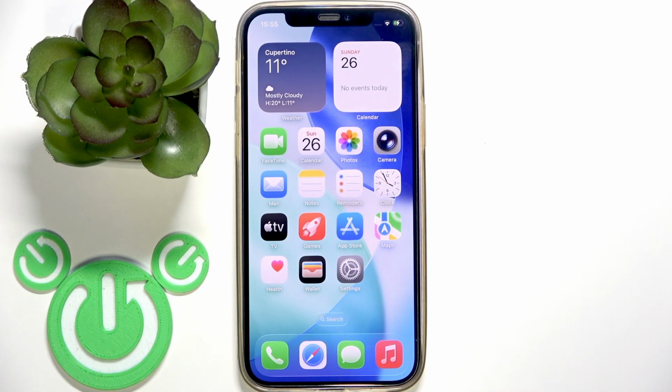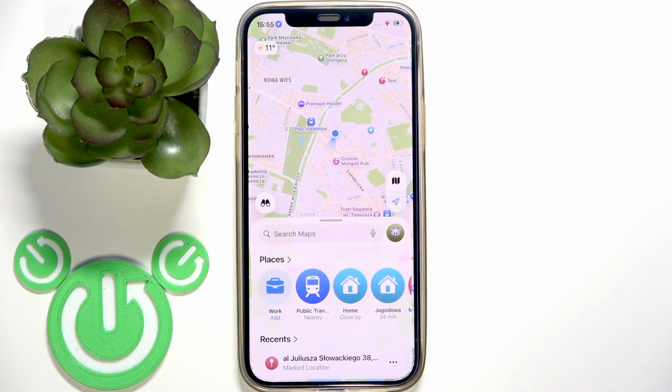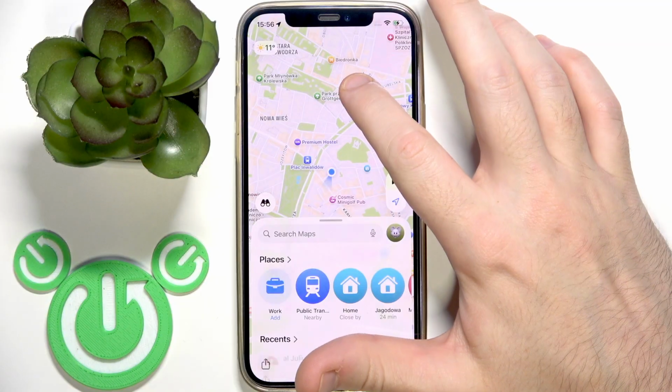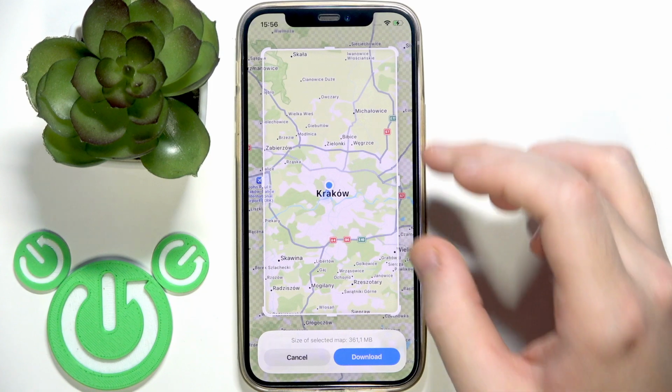You have to start by opening the Apple Maps application. After that, select the area you want to save, but spoiler, it saves the map for my whole city. So let's say I want to save this area. We need to click at the download, and now, as you can see,